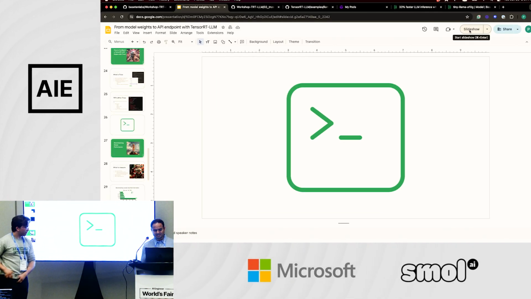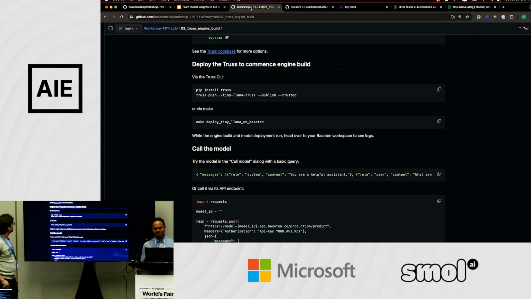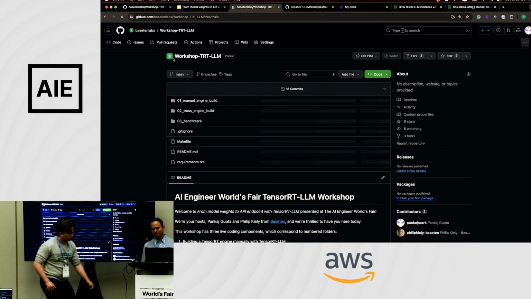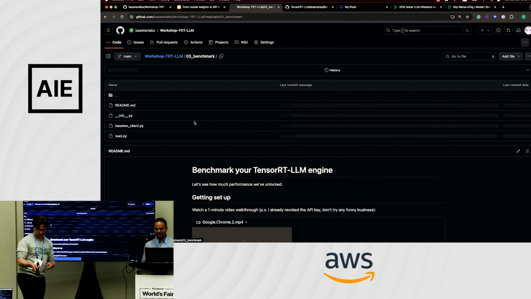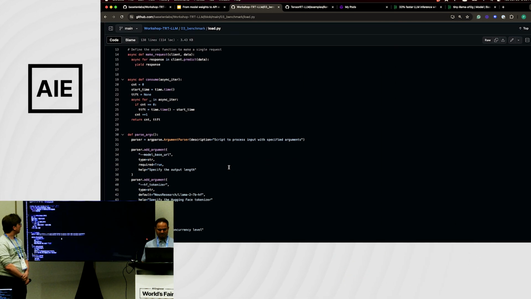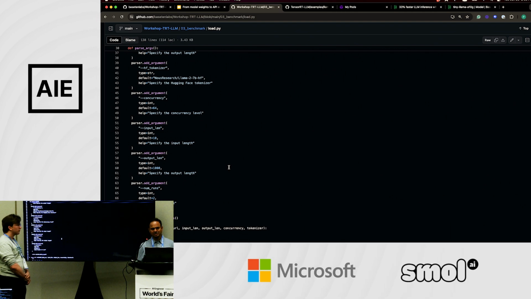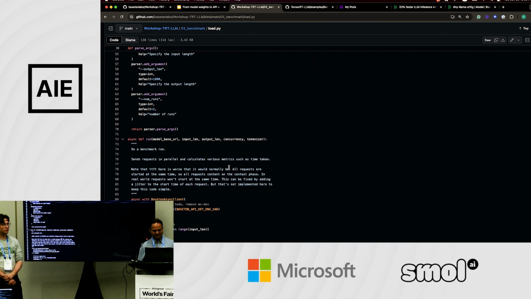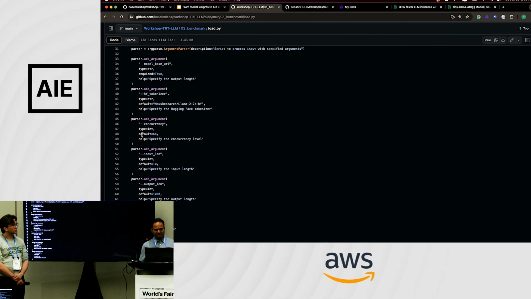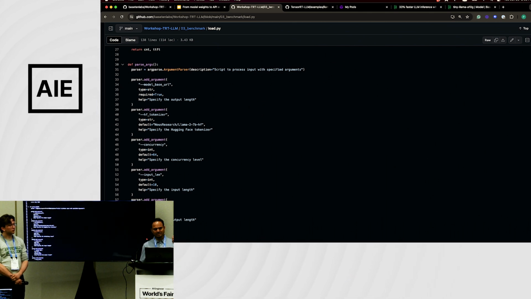So just for this workshop, we wrote a benchmarking script. It's not the script we use ourselves, but it's a simpler version so that you can follow along, and if you wanted to modify it, you can play around with it and understand it easily. If you go into that repository, it's a very simple script where we send requests in parallel, just using Python, using async libraries. And all you give it is the URL of the endpoint where your model is deployed. And you can give it different concurrencies and input lengths and output lengths, and a number of runs. You want to run these benchmarks a number of times to get an idea of values. One run might be off.